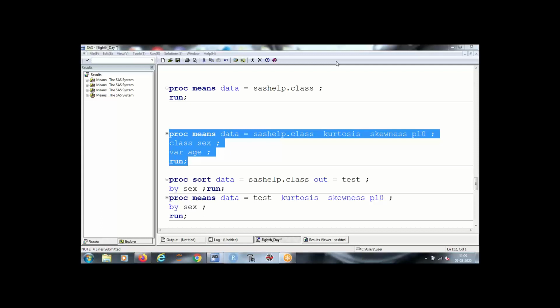Someone to answer your question, what is kurtosis? This is known as kurtosis. And what is skewness? That data is not behaving normally. That is skewed left or right. That is skewness.